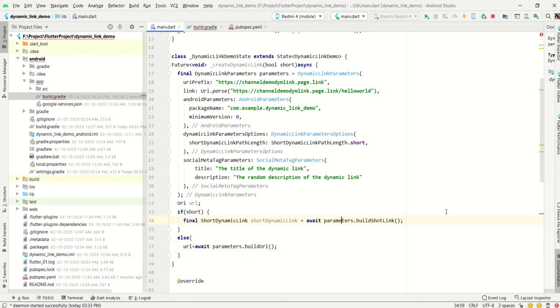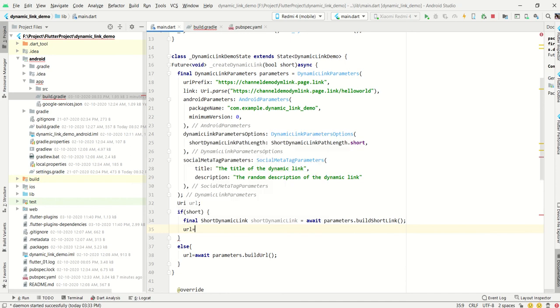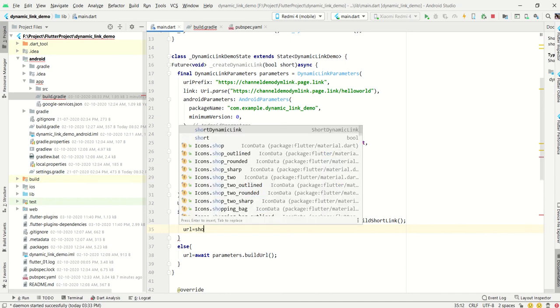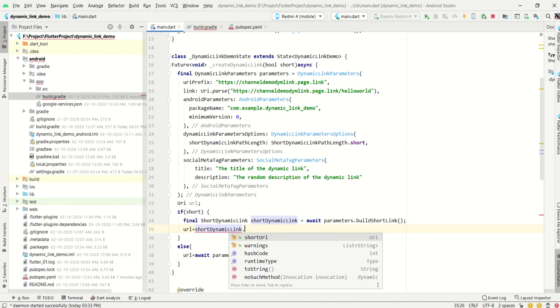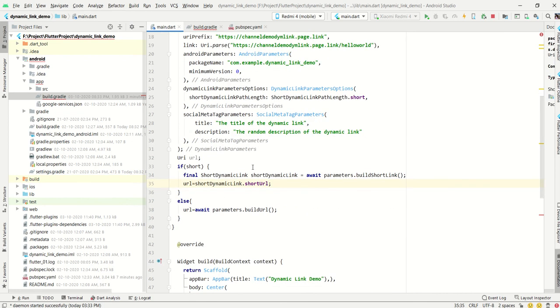Okay, that is E, not R, something I read wrong. Okay, short is, yeah, that's it. After that it will come with the long URL, and then here we have to write url dot shortLink, short dynamic link dot short URL. That's it. So now we have determined where we will get the short and where the long URL.